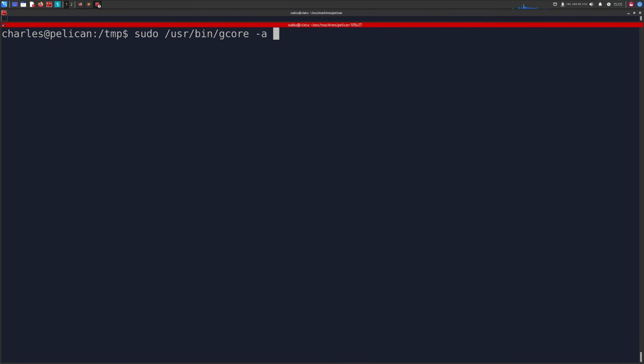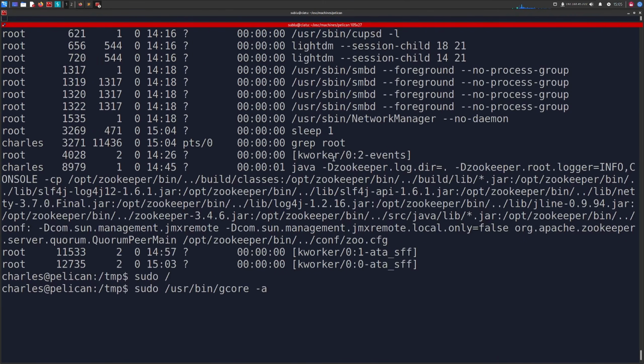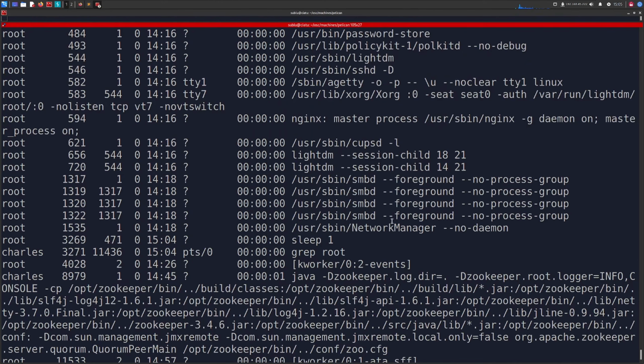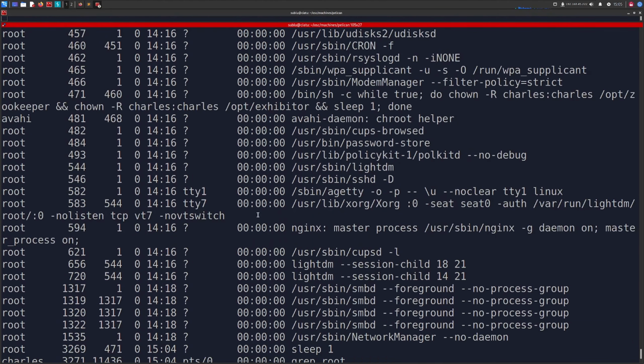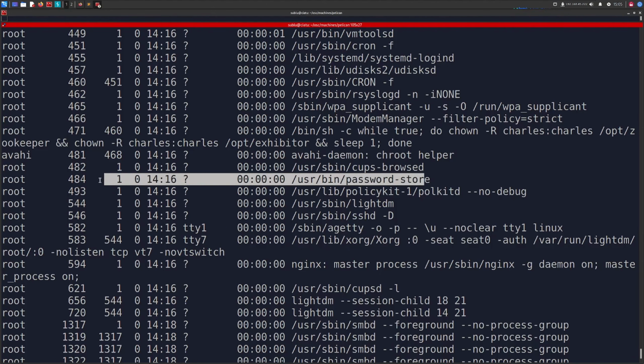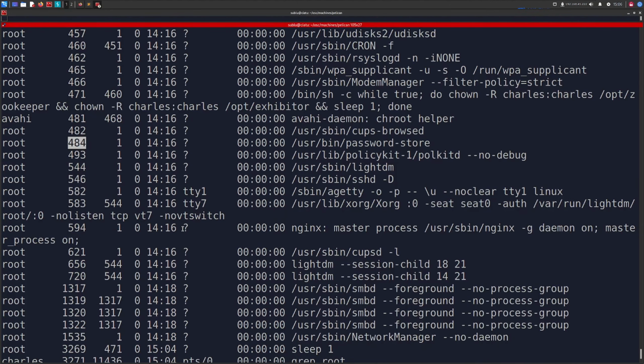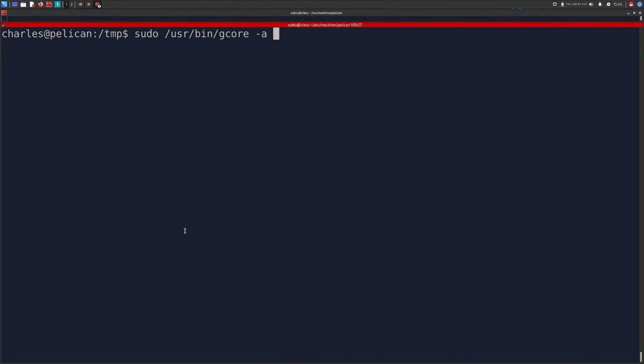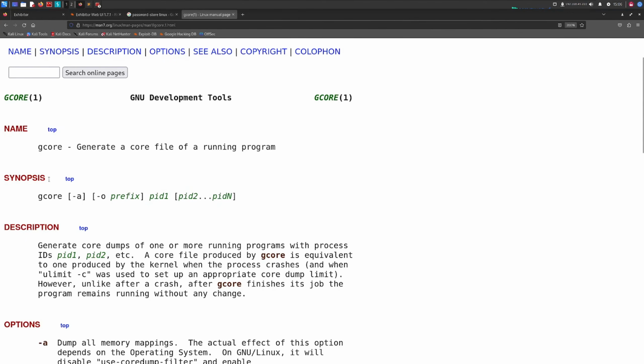And then we could do -a, and let's see, where is the process number or the PID? Right here is 484. We can copy this, scroll down a little bit, and the -a is, let's see,